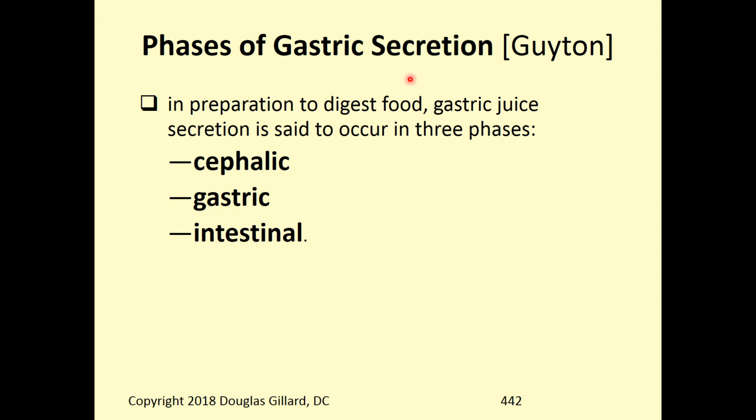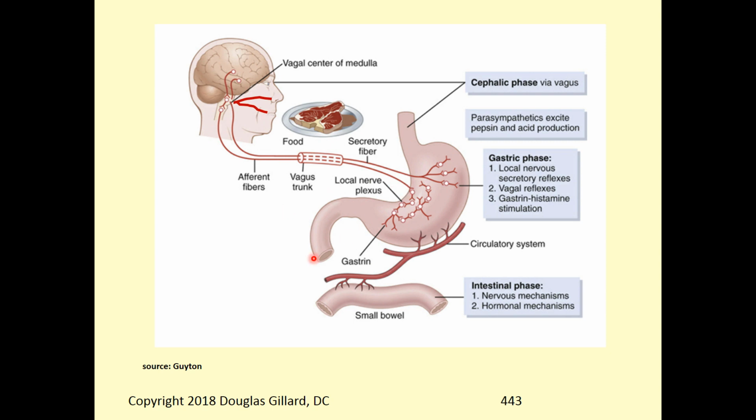So, and I threw Guyton in here. Guyton only has cephalic, gastric, and intestinal. Guyton, for an old physiology book, does a terrible job explaining this, I must say. This is actually from Guyton and where we're going. The cephalic phase, I had to add this. Guyton didn't have it. They said the cephalic phase only starts from the brain